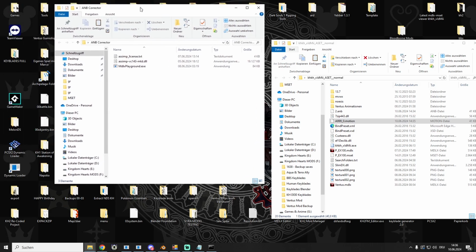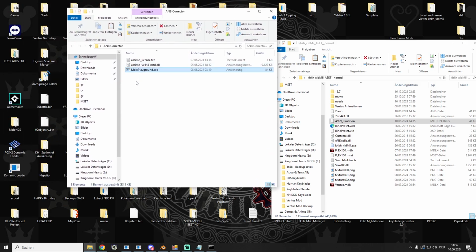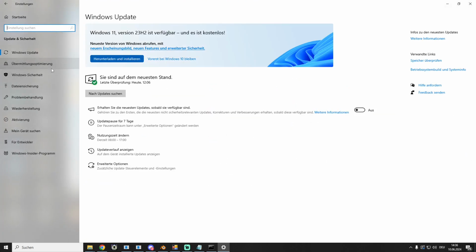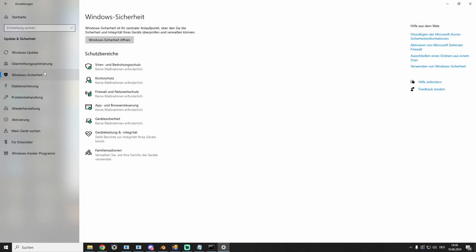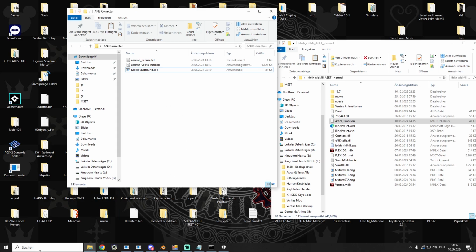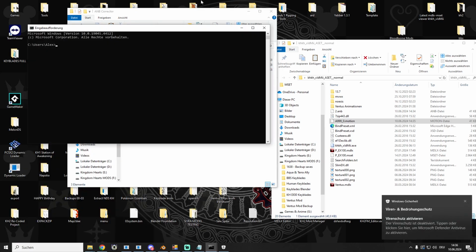ANB corrector. So this tool only works for me when I don't have Windows Defender activated. So I'm gonna press Windows I, open this one, Windows Security, Defender, then I'm going to settings and doing this out. So then I'm gonna open a CMD console,